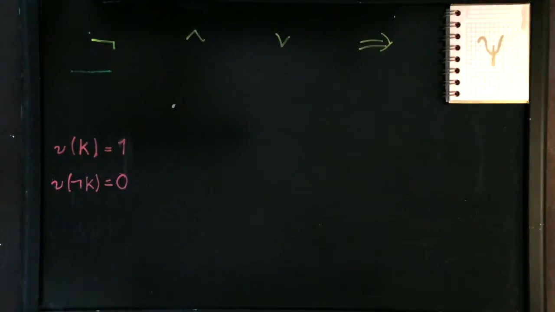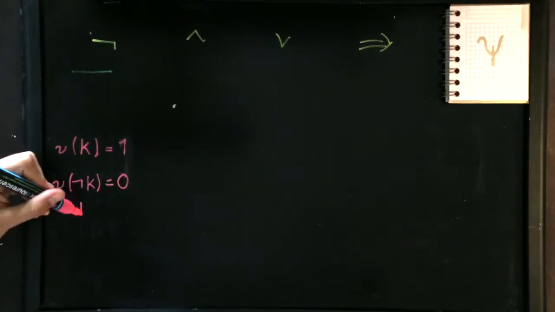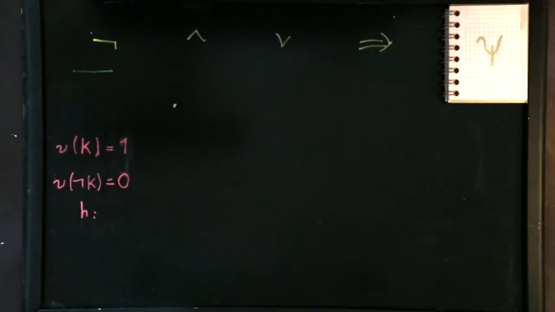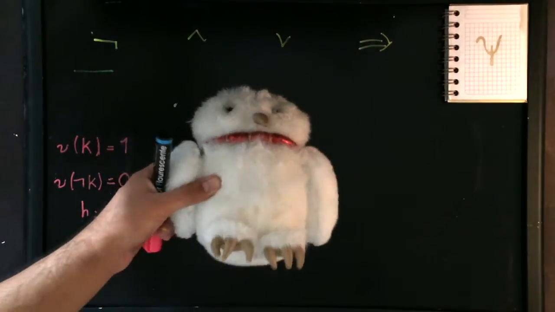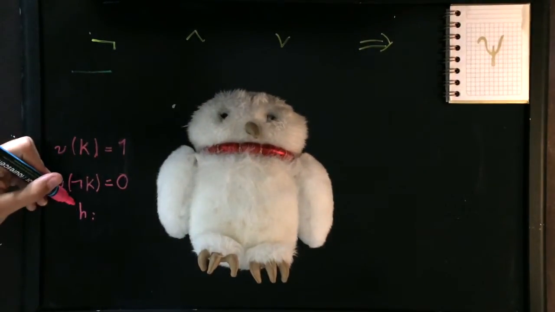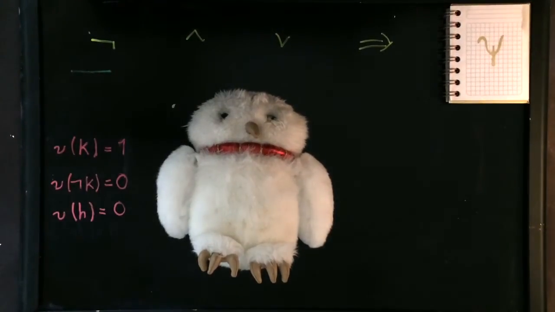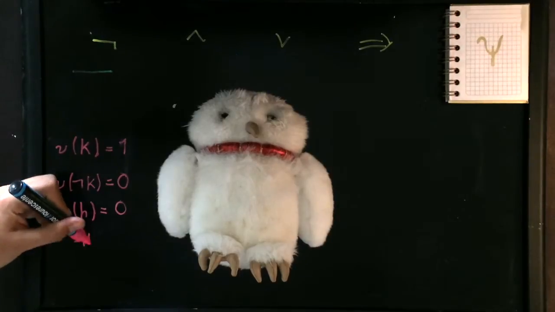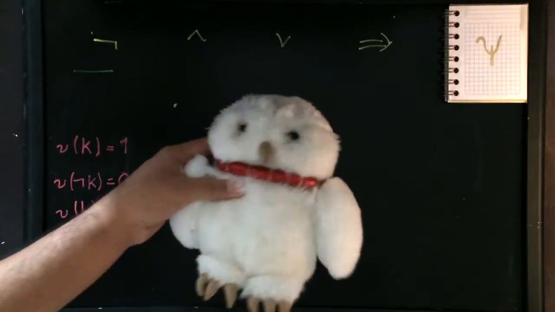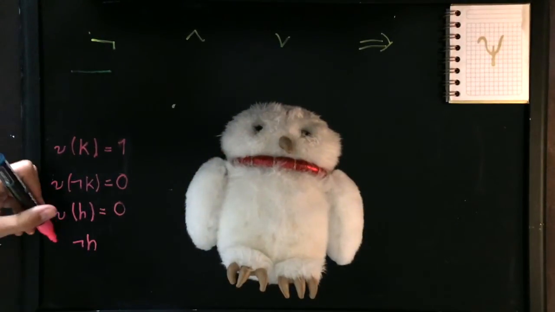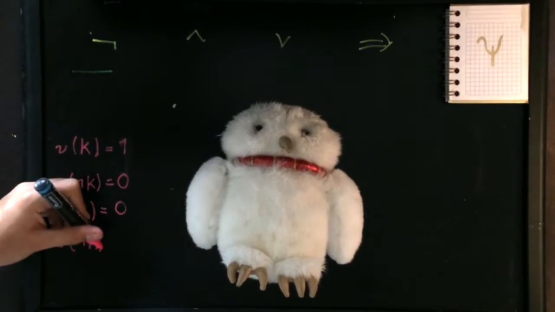Now let's see what happens if we take a false proposition and we negate it, for example H, that represents Hedwig is a Pokemon. Harry Potter and Pokemon fans will not argue against assigning this proposition a 0 value. If we deny it, then not H means Hedwig is not a Pokemon, and its truth value has changed to being true, that is,